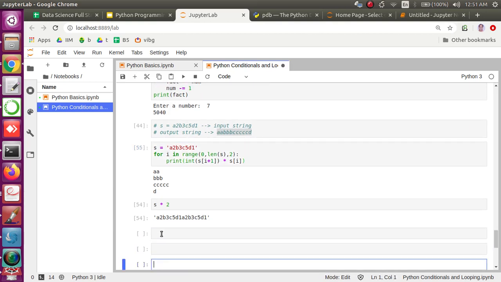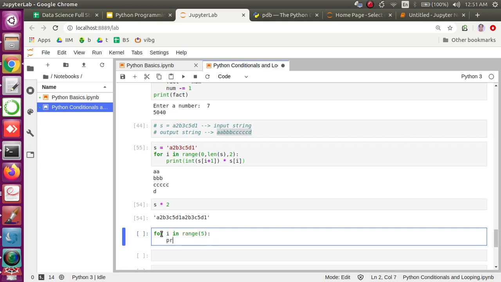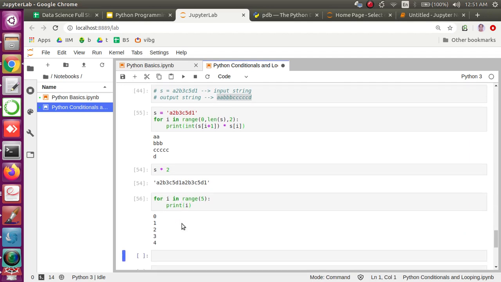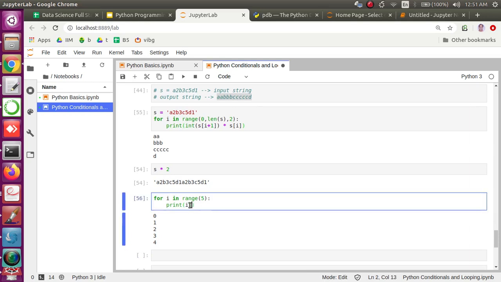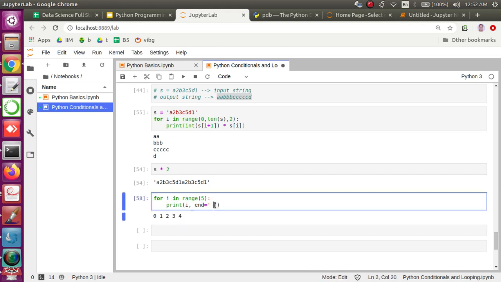So I repeat this line again for, let's say, i in range 5, print i. So we are getting each value from this range, and that is printed on each line, right? So I may not be interested in printing on each line. I want to print with some spaces in a single line, and that's possible. You can also try with a single space, and we can try without a space, right?